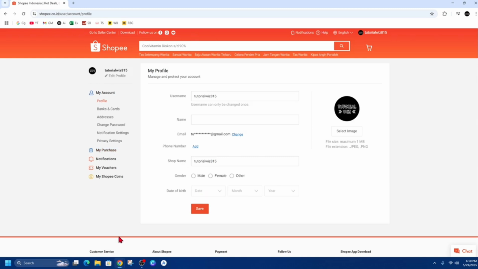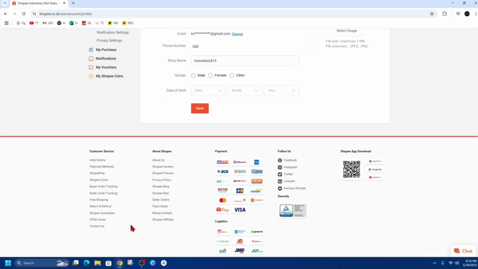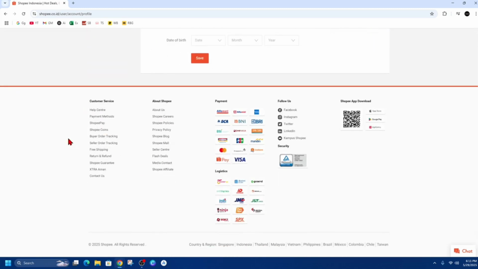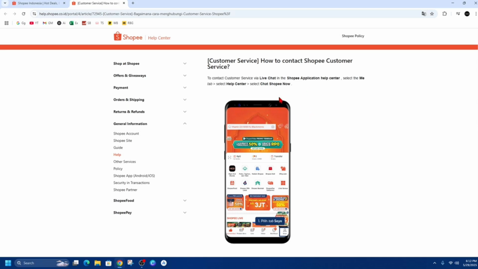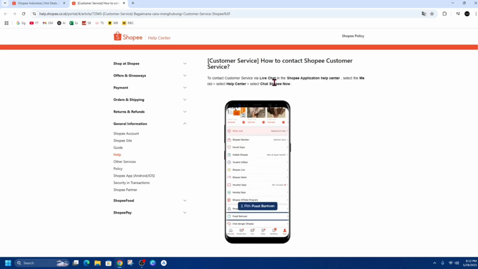So on the bottom of the page here in the website footer, we got customer service. Alright, so I'm over in that website footer. Now from here, we want to go ahead and click on contact us. Alright, so if we scroll down here, in order to contact Shopee, we need to contact them via the